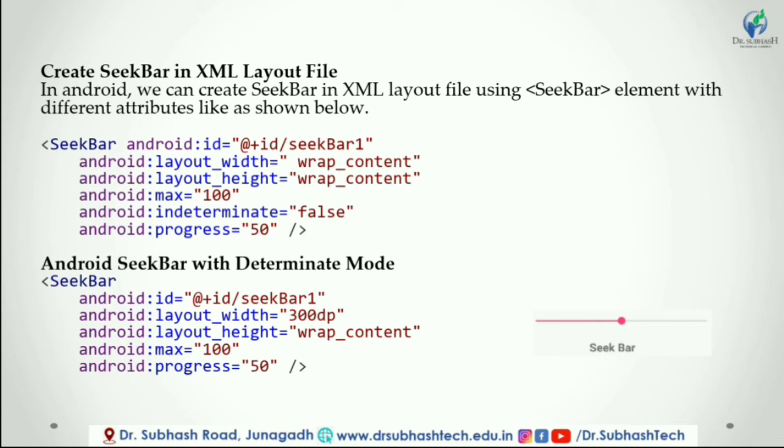Those are android:id. It is used to uniquely identify the control. android:indeterminate. It is used to show the cycle animation in SeekBar without an indication of progress. android:max. It is used to set the maximum value of SeekBar. android:progress. It is used to set the default value between 0 and max. It must be an integer value.